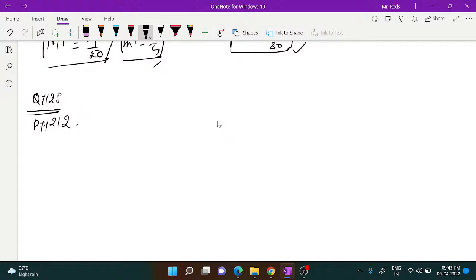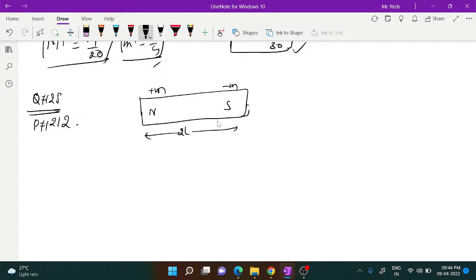Let us see, this is a thin magnet having a north pole and a south pole, so its pole strength is plus m, minus m, and the pole length is 2L, or you can take the total length as L. Its time period of oscillation, if it is kept in a uniform magnetic field,